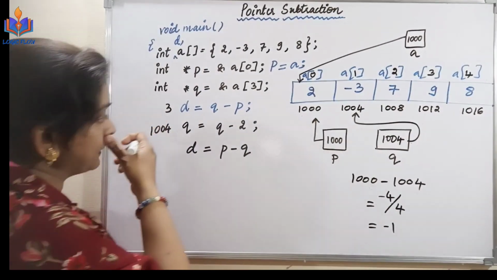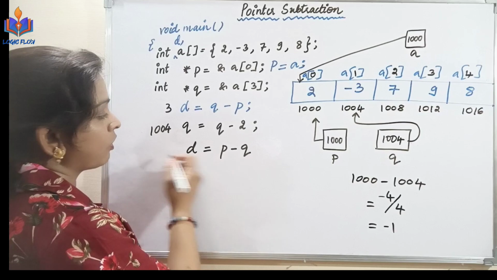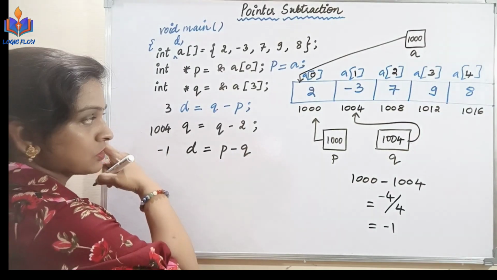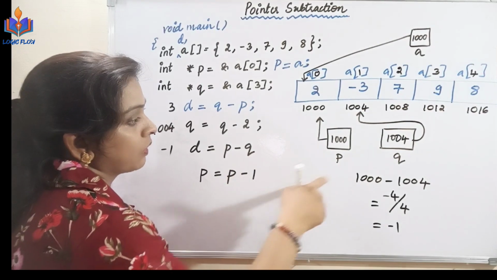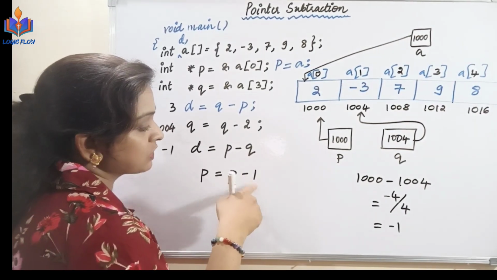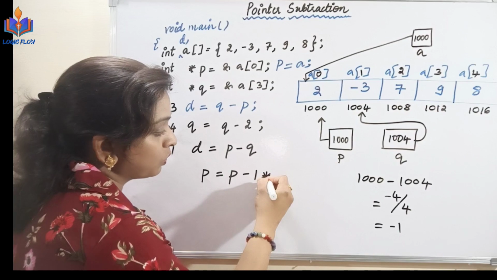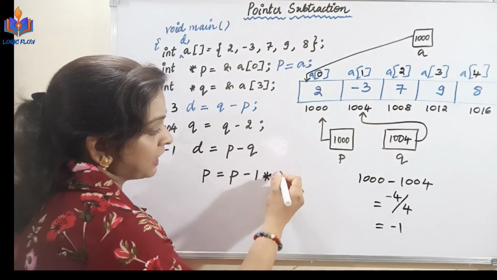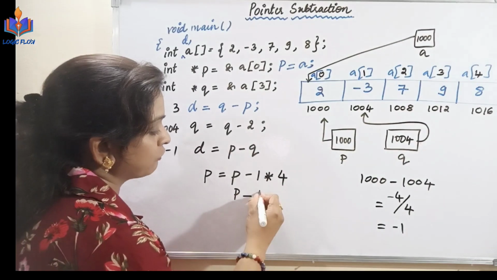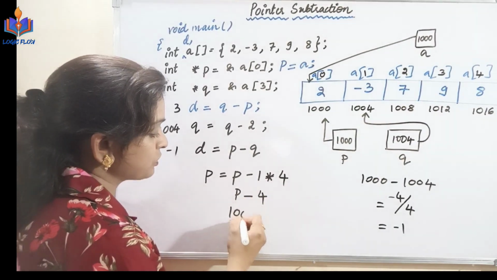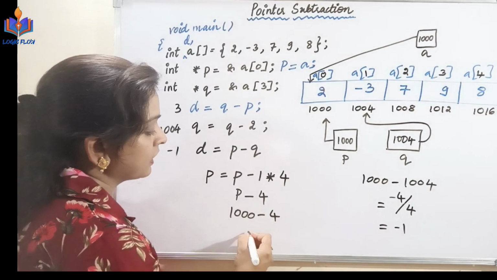Once again, here I got the value minus 1. So now I'll say P equal to P minus 1. What is P? It is 1000. 1000 minus 1 into the size of the data type, which is 4. So P is 1000, 1000 minus 4,